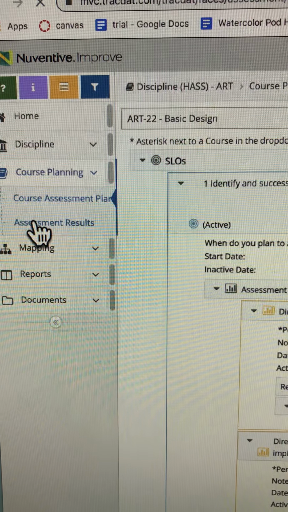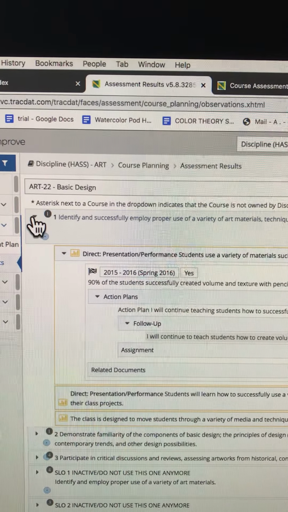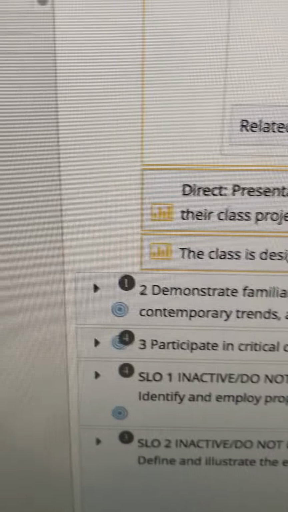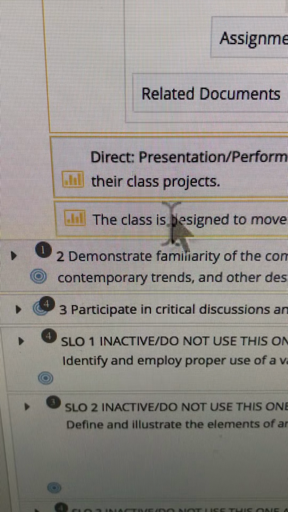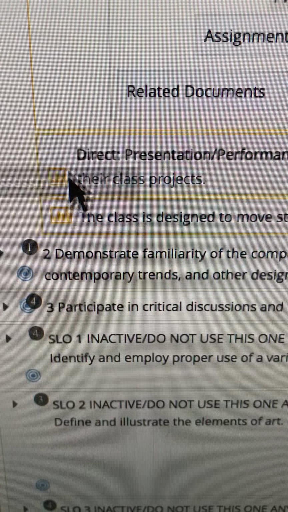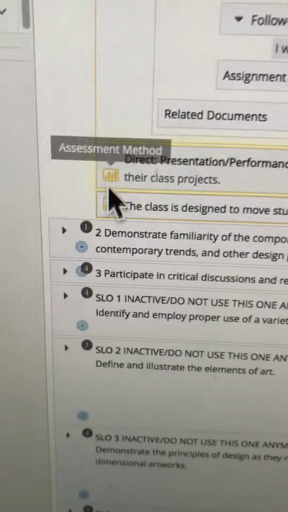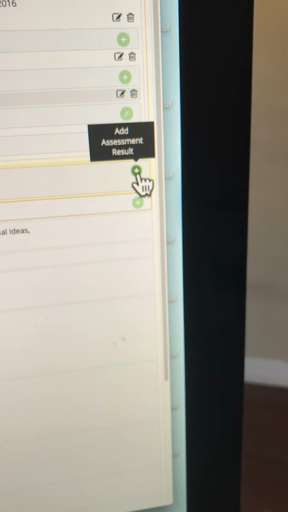It said there weren't enough results. So now I go to the results, to that same SLO, and look, that's the problem. This is how I learned it, was what they said when they have lonely yellow squares, you have to add a result. See, this one works because it's got the arrow, but these two are just sitting here blank. So it means that I have to go back over here and add the result. So if I click this, add result,